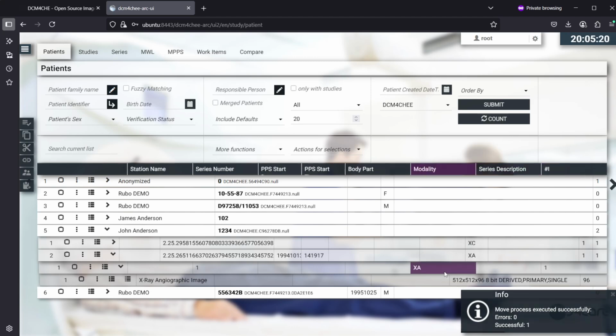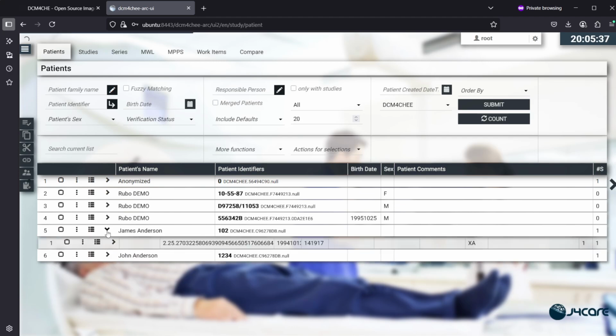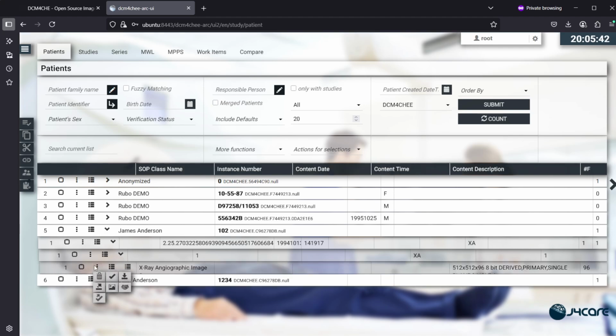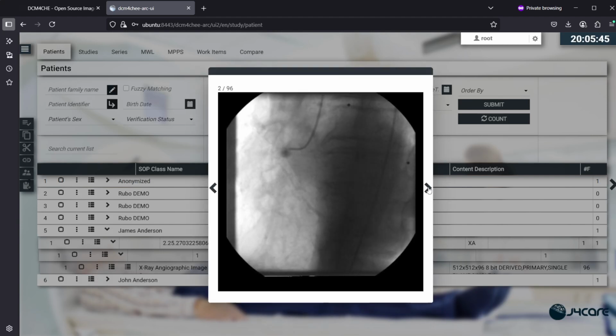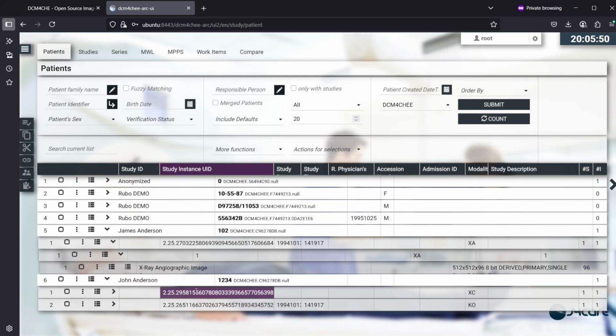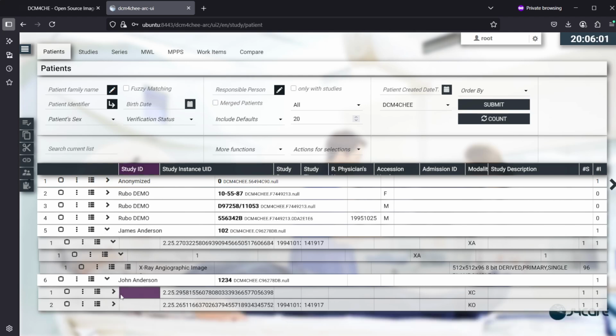move was successfully done. And if we press on submit again, we can see that James Anderson has now one study, and it indeed is the angiographic study which we selected from the source. And John Anderson still has two studies, but the below one is of type KO, so that just has the rejection note remaining. And if you want to permanently delete it from the source patient, you can use the